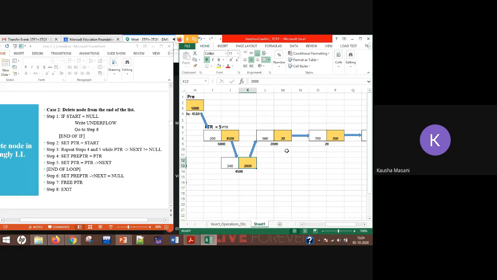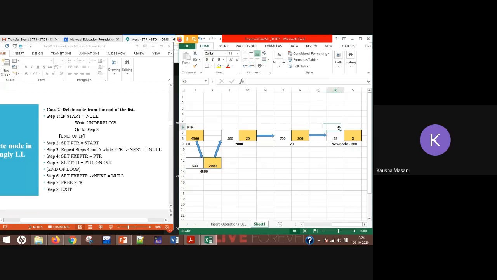Okay, so once you reach here, the position of PTR will be here and position of pre-PTR will be here. Okay, now see, now in this iteration, PTR of next, it is null value, right? So null not equal to null will be false. So these step 4 and 5 won't be executed. We are coming to the end of the loop.